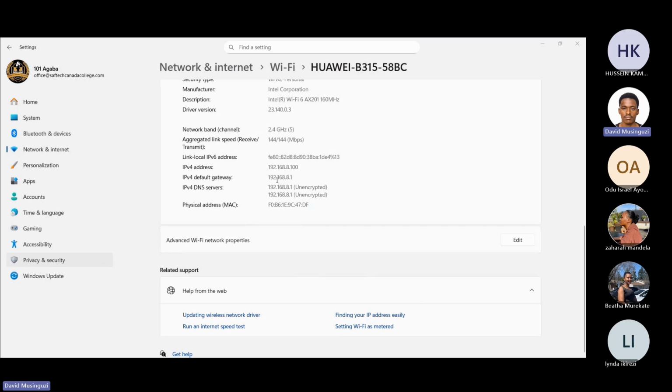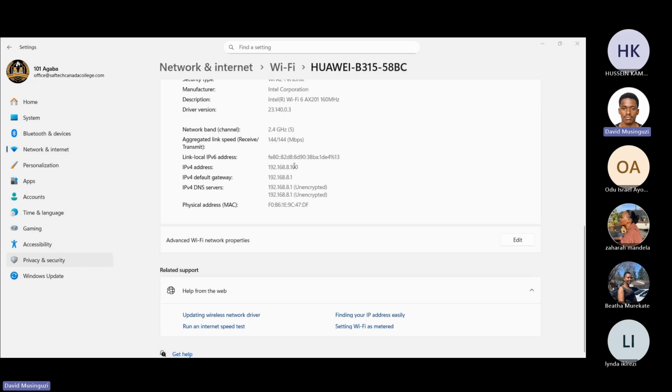It's 192.168. So what changes is the IP address. You saw hers was 101. Mine is 100. So we are having dynamic IP addresses, but we are all on the same internet service provider. For the DNS server, we have the same. The rest are all the same. But here, they're giving us different addresses so that we can easily identify. If I send something to her, it will go to the IP address that ends with 101, rather than going to the IP address that ends with 100, which is mine.